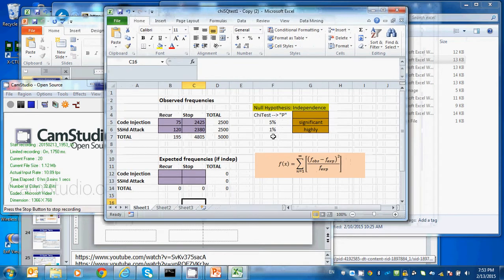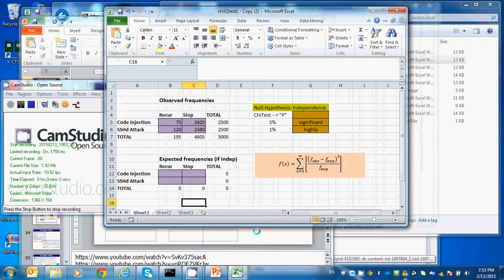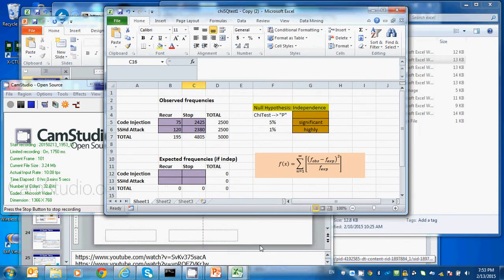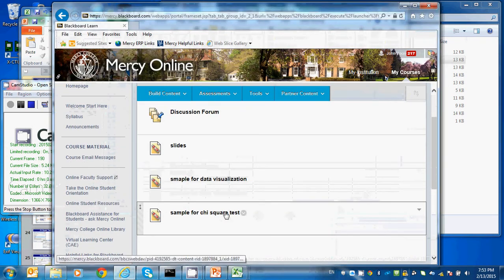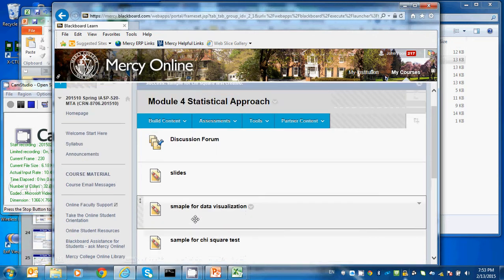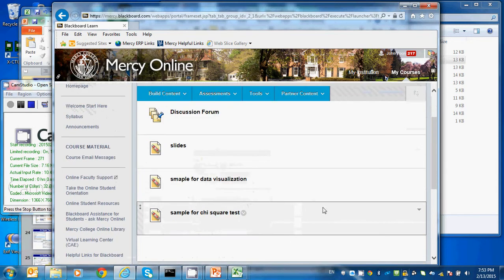Okay, you have the Excel files. You can download them from your Blackboard. I think I posted it here. If you go to module 4, the sample for the chi-square test. I'm sure you could do the visualization if you run the Excel program. Click on the Insert menu and then choose